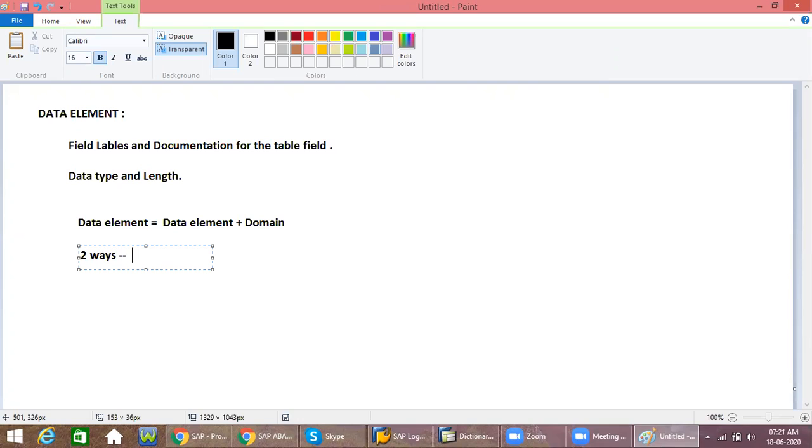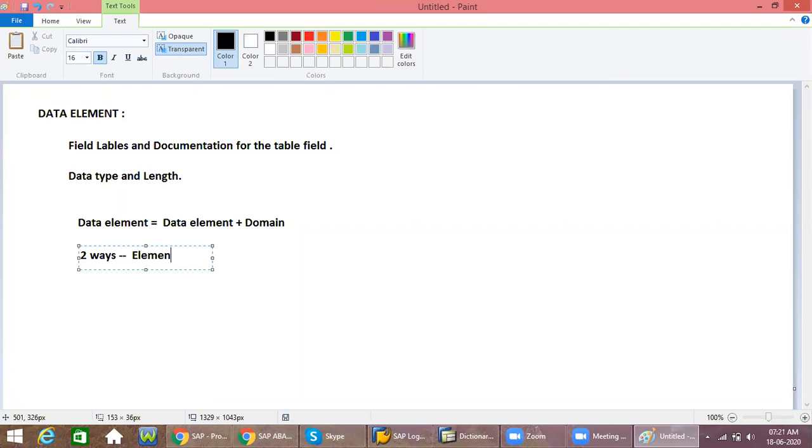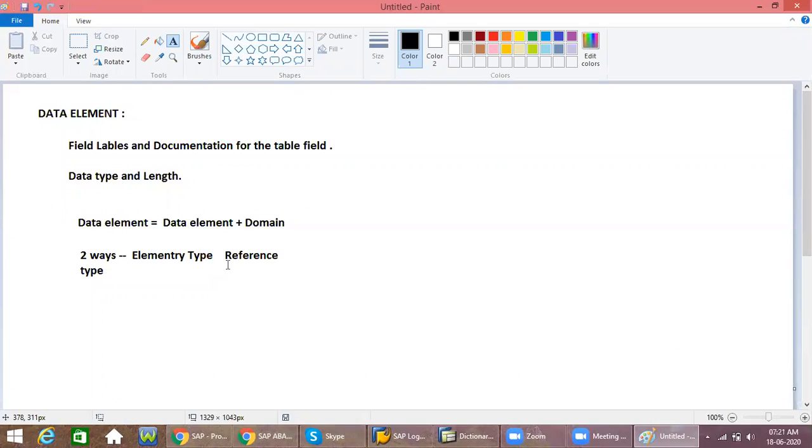Two ways. One is elementary type, and another one is reference type. Which type you are using, that is up to you.